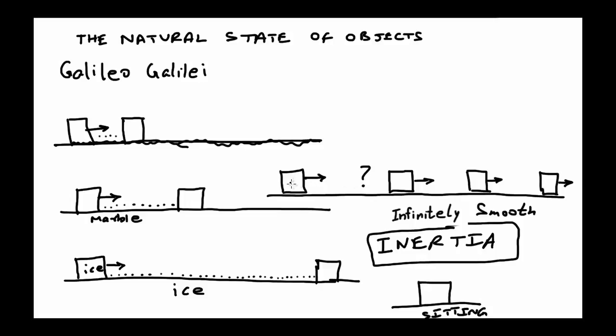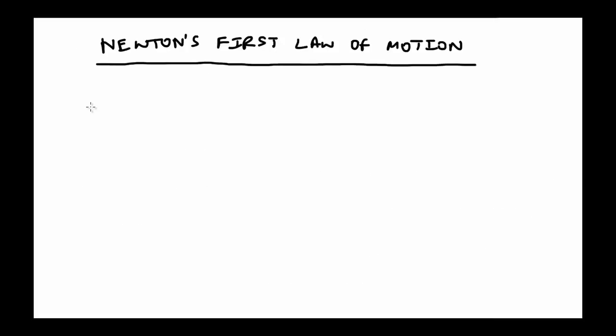And from Galileo's insight that we have just now discussed, if the box is moving already, in the absence of any external force, the box is going to keep doing what it's doing and not change its state of motion. And that's the natural state of objects. Not to come to a rest, but rather to keep doing what it's doing. So that brings us to Newton's first law of motion.